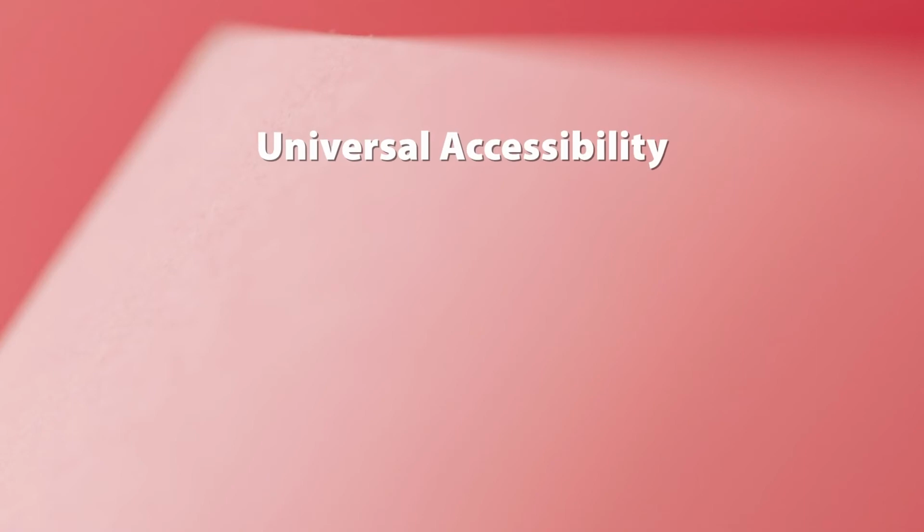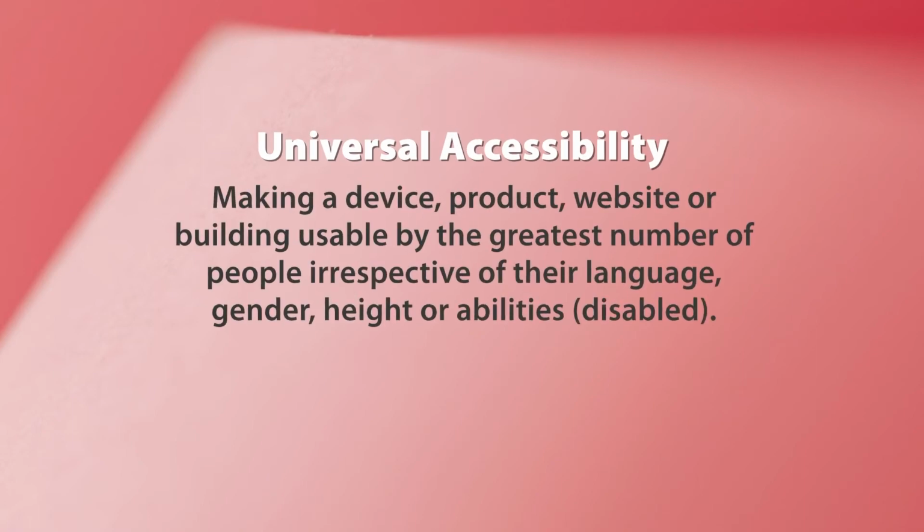Similarly, there are 7 universal principles which can be adopted while designing the universal technologies. Then universal accessibility. Universal accessibility means making a device or product or website or building usable by the greatest number of people, irrespective of their language, gender, height or abilities, we can say. Similarly,